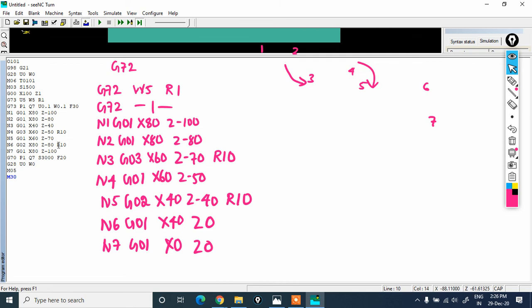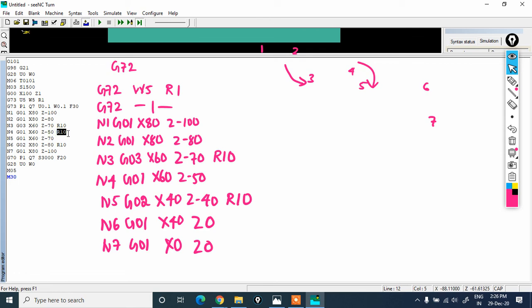Third line will start with G03 X 60, Z minus 70, R10. Okay, that is done. And N4, that is G01 X 60 Z minus 50.